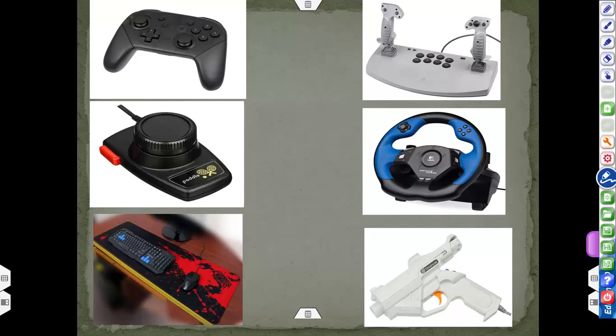So basically there are various input devices like gamepad, joysticks, paddle, steering, light gun, or keyboard or mouse. There are other various devices which I have not mentioned here, but keyboard and mouse, these two are primitive input devices which we by default get with any system, any computer. So in this session we will discuss the input methods associated with the keyboard and mouse.